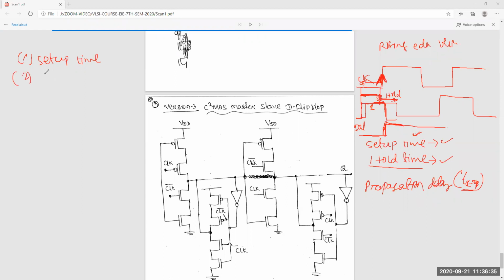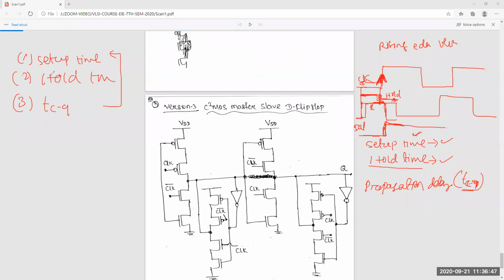So this is setup time, hold time, then propagation delay, that's T clock-to-Q. These three things we'll discuss in tomorrow's class.